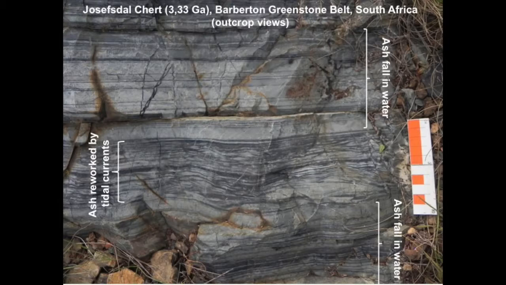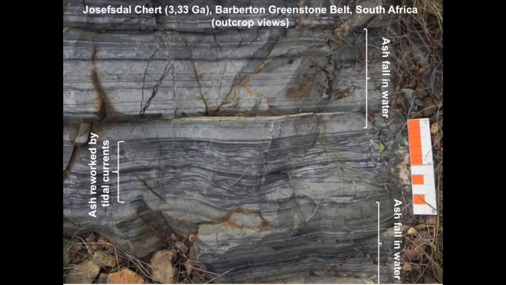Some of these layers are only about 1 millimeter, 2 millimeters thick, but we can trace them over 2 kilometers. We can go from one outcrop to another, and we've measured the whole section. So we've got a very good idea of the aerial extent of the environment. So we're looking here at volcanic ashes that are falling into shallow water close to the coast, and then they're being reworked by the tidal currents. And in fact,